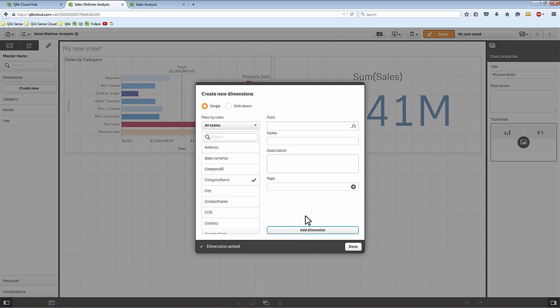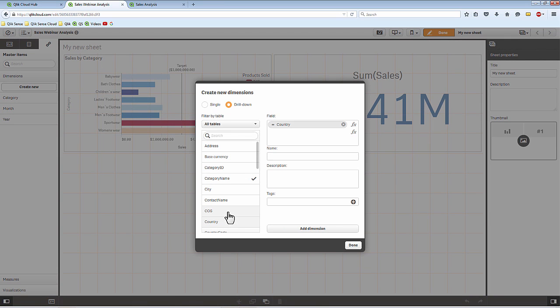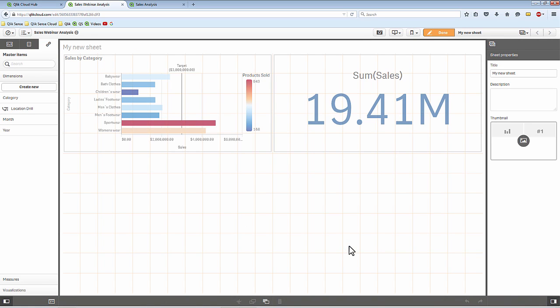Okay. Now we could also create drill down dimensions, and drill down dimensions allow you to create a natural hierarchy or a parent-child relationship, and they're set up very simply by just choosing the dimension, such as country, and then I want to drill into, let's say, city, and then I want to drill into the customer name in each city, and I'll just call this location drill and add that dimension. Okay, so hopefully that'll give you a quick idea of how to create additional dimensions.